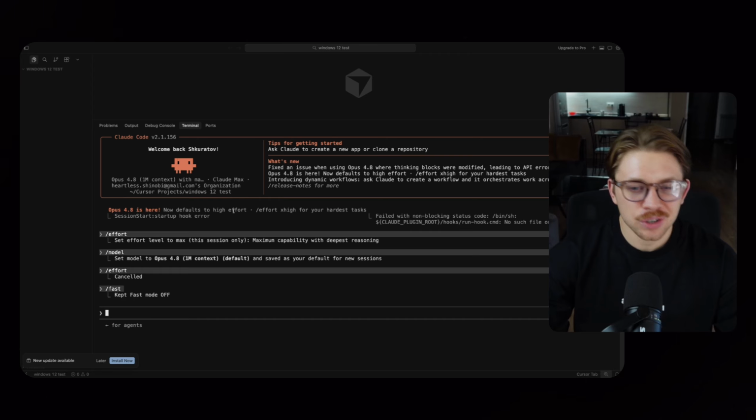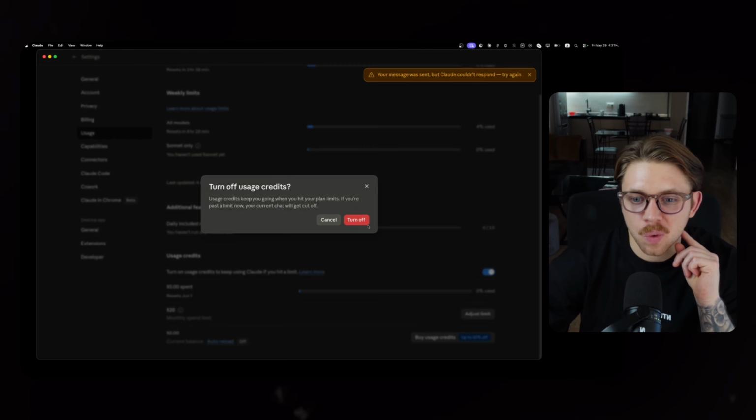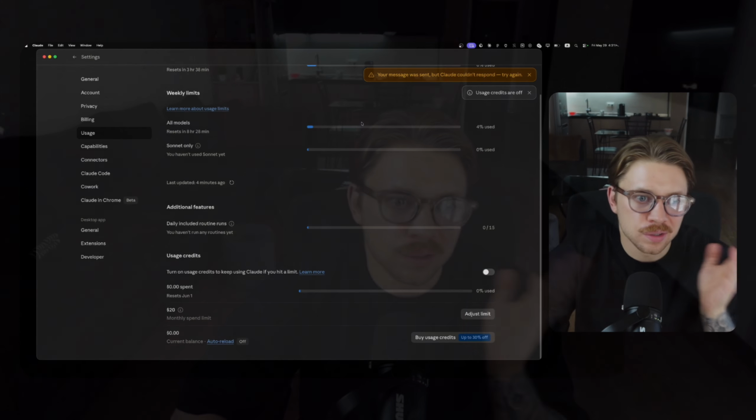But I don't really understand why and in which cases you will need this, because Claude Opus 4.8 by itself is really fast, and you can change efforts or change the model. So it's worth noting, but I don't really see use cases for it,